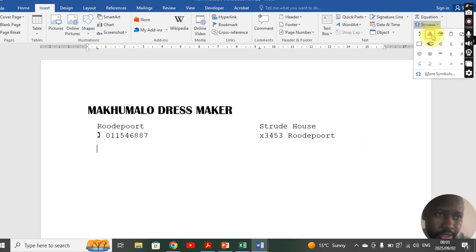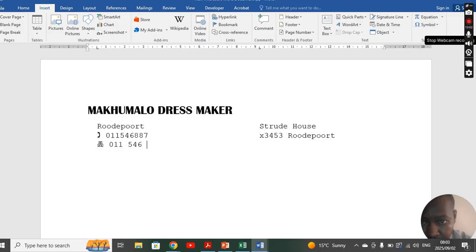You insert a fax symbol, and then you type 011 546. Then it changes here, maybe it's 9078. Maybe it's a fax for your business. Okay. And then after you've put the fax for your business, you press tab, and then after pressing tab, you here it's a raw report,